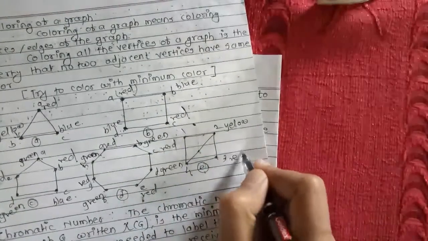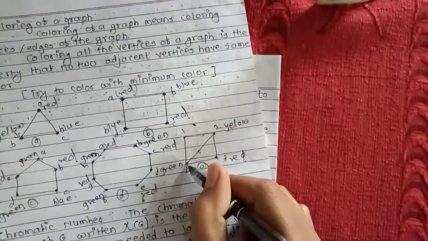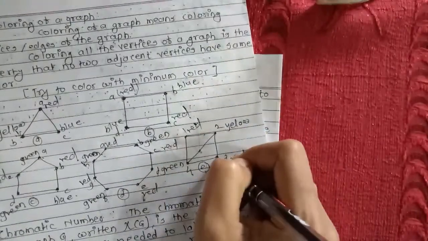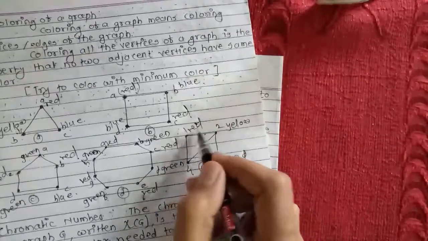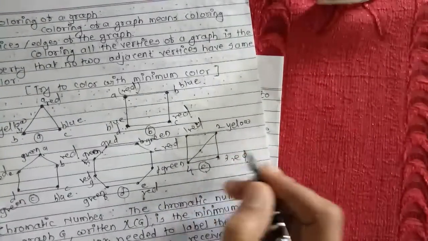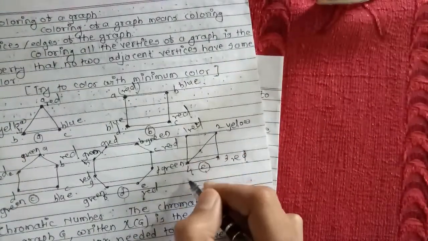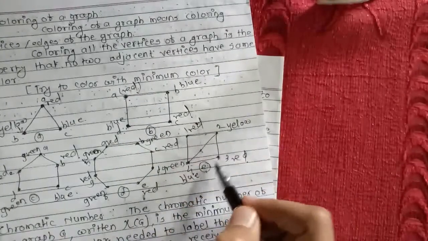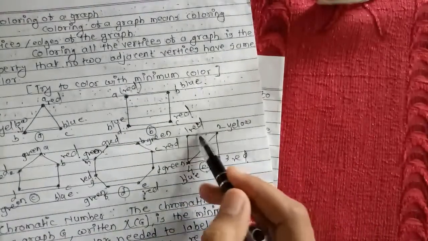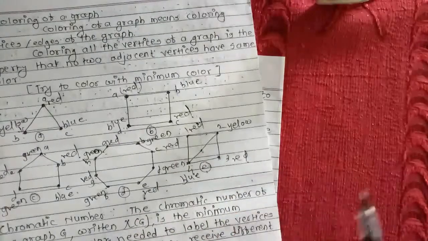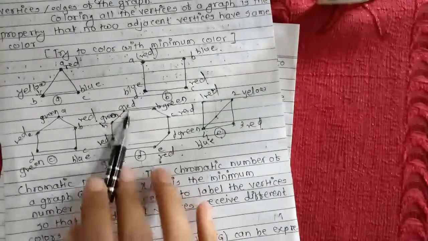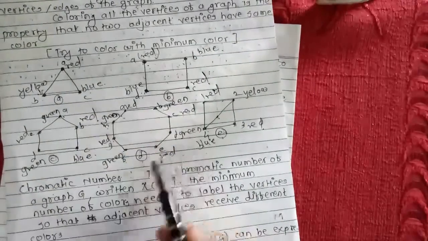Here we give red, we cannot give red here, right? But we can give red here, because 1 and 3 are not adjacent, therefore we can give red color for this, and we choose blue for the vertex 4. Therefore in this graph we require 3 colors, right? And the next definition, chromatic number, depends upon this concept of coloring of a graph.